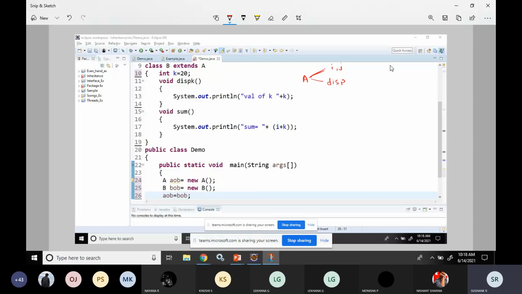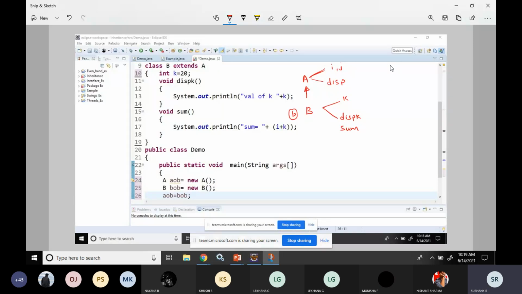Class B contained k and two functions, display k and sum. Class B is related to A, so class B objects can access i, j, display, and its own members.